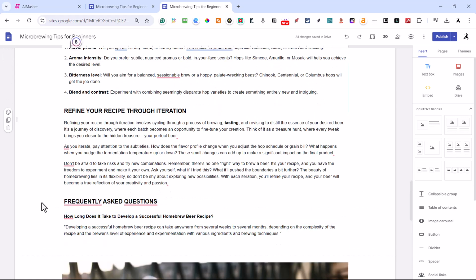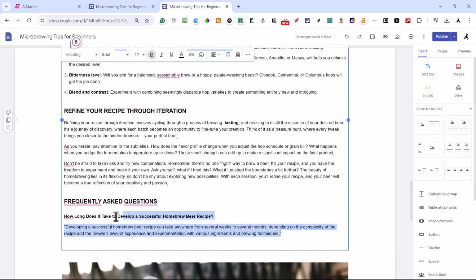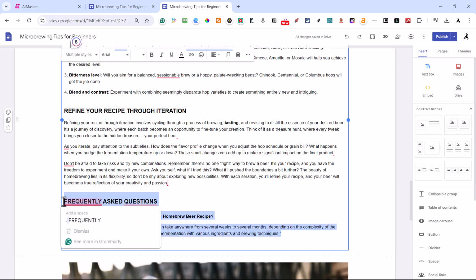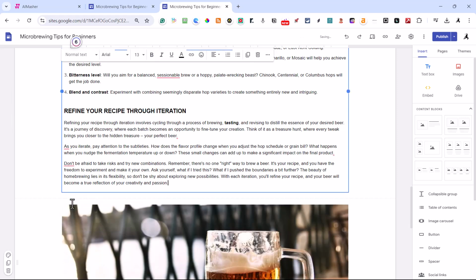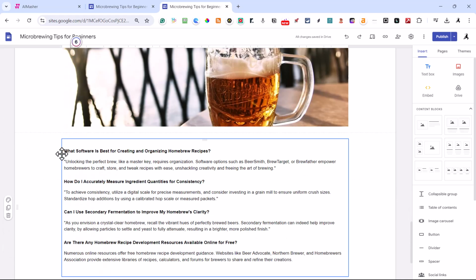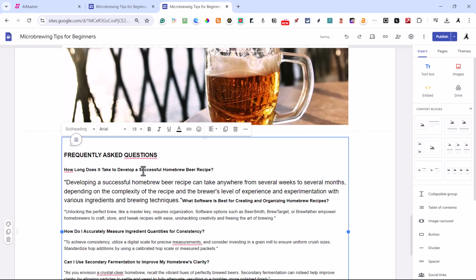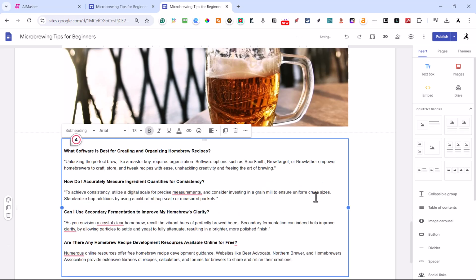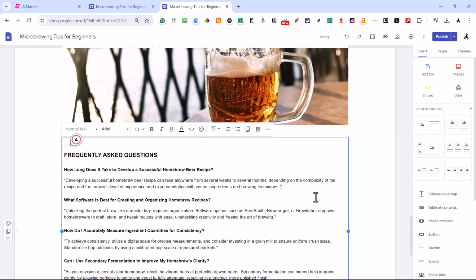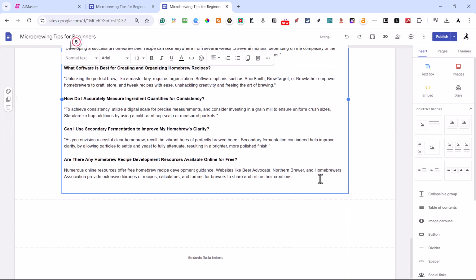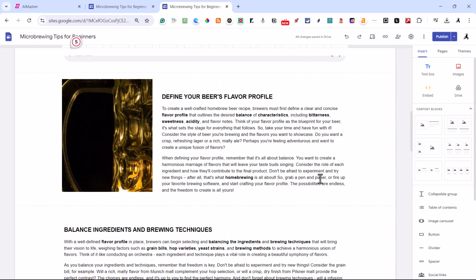I'm going to highlight it, hit Control X, get rid of all that extra line spacing, come down here, and put my cursor right in front of Frequently Asked Questions. Put a line break, and then do it. Okay, there we go. This looks pretty good.